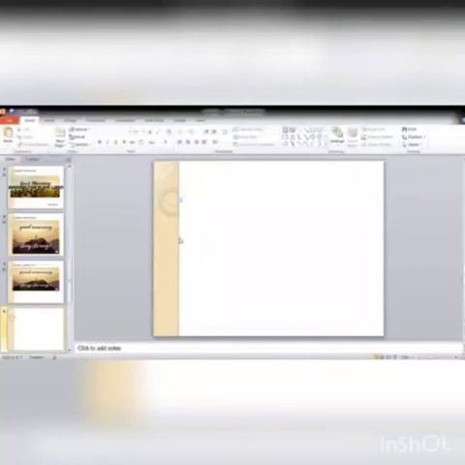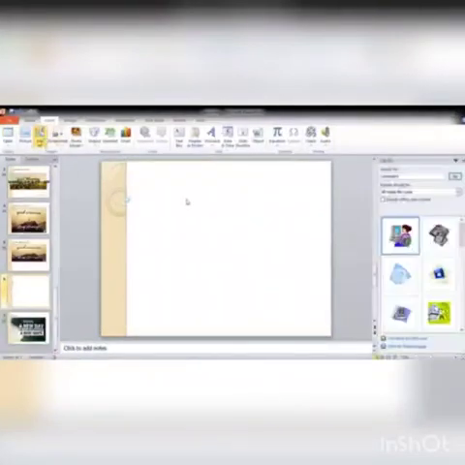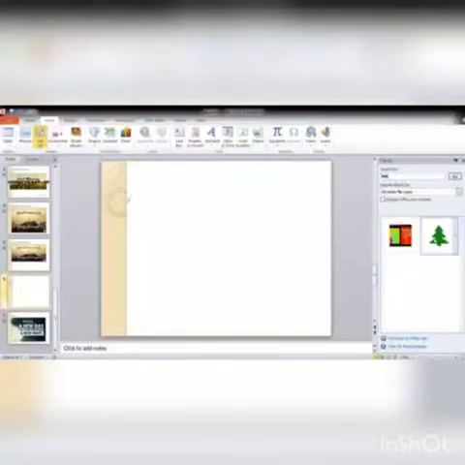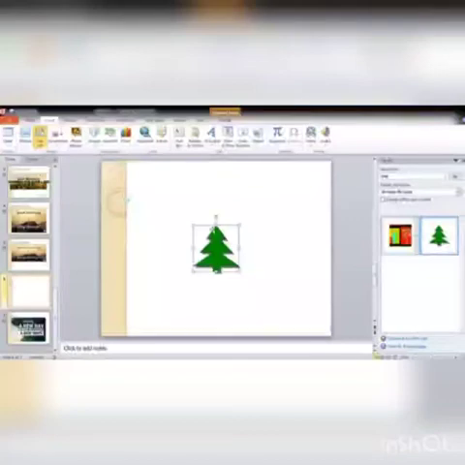In this video, I'll be covering how to insert clip art and shapes, how we can rotate the shapes and pictures, how we can resize the pictures, and how we can add some shadow effects. So I'll first start with the clip art. You can go to the Insert tab. In the Insert tab, you will see a clip art option. Once you enter the clip art, you can see another box open. You can search anything you want to add in the slide, like I want to add a tree. So you can click on the Go button. You will get one Christmas tree. Once you click on the Christmas tree, this will appear on your slide.